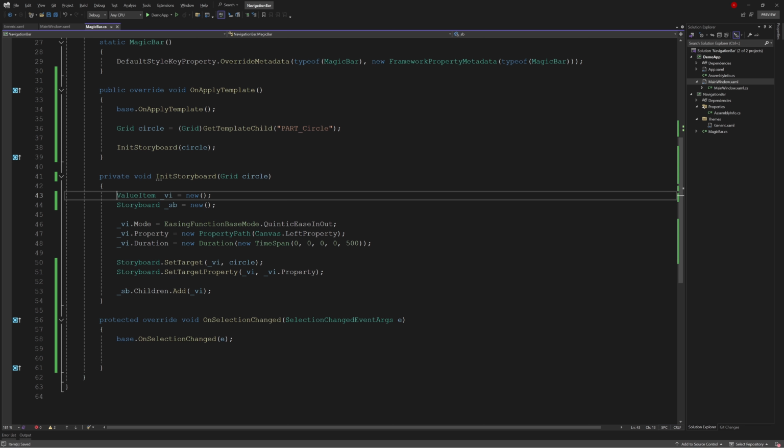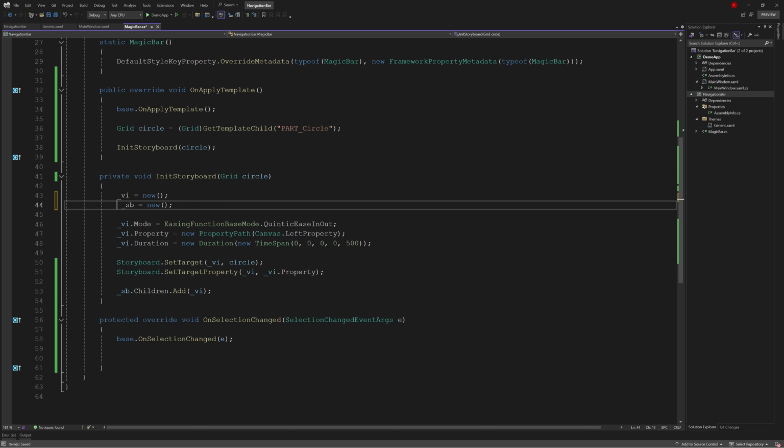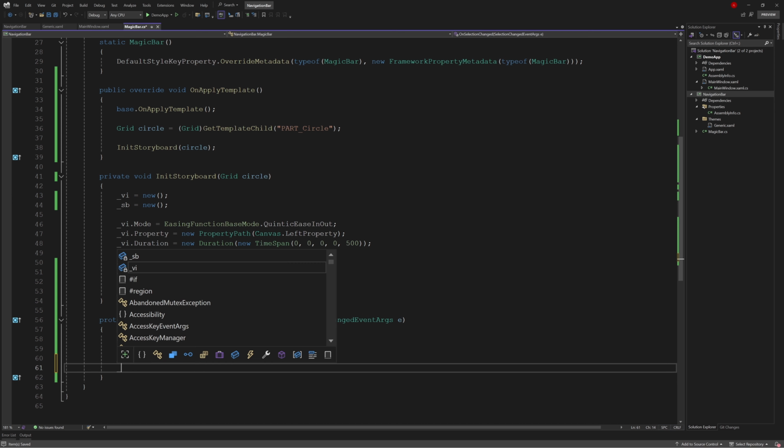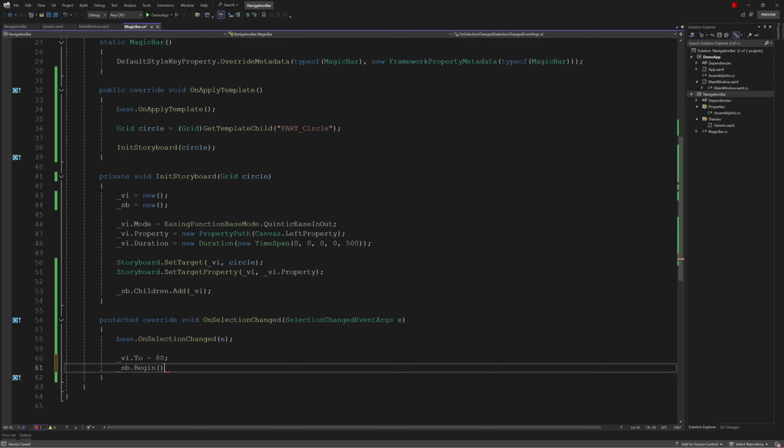Then we delete this part. Then we can add a volume item, setting the move distance to 80, and then begin the storyboard.